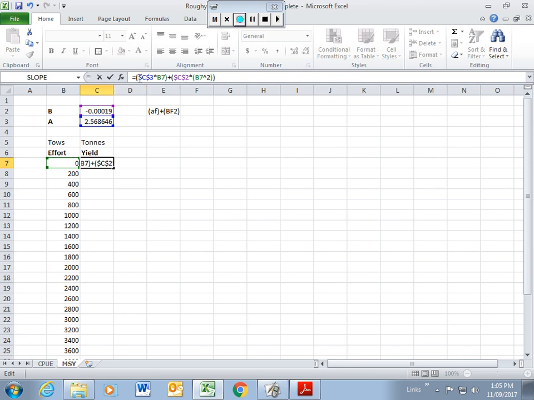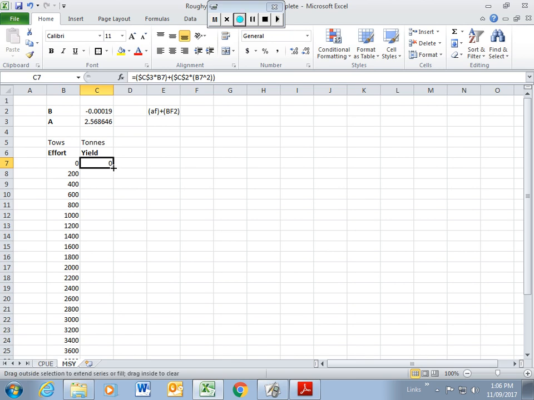Putting a $ before the C will lock the column, but then if we move column for instance, the row would still shift with it. So to lock the row and the column together, we put a $ sign before the column and a $ sign before the row. And then theoretically, if I come off and enter it this time, when we fill down,